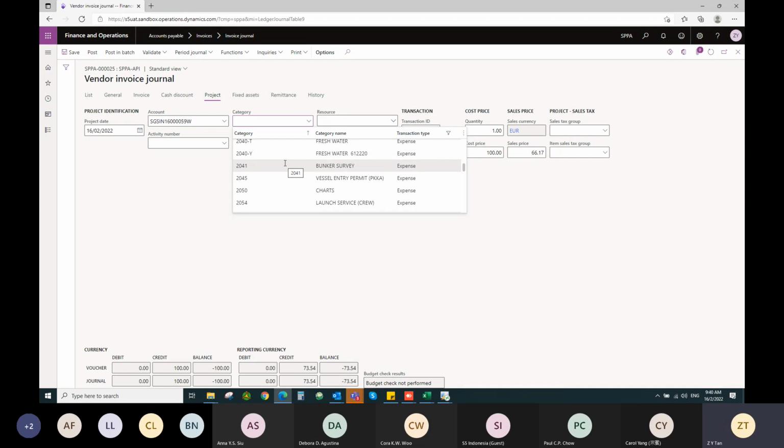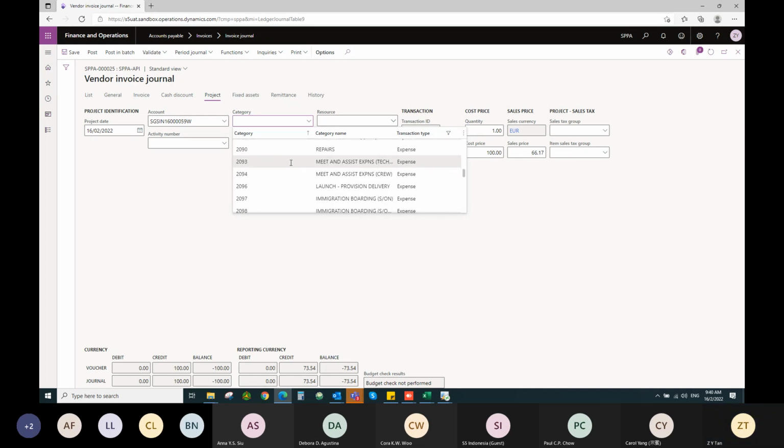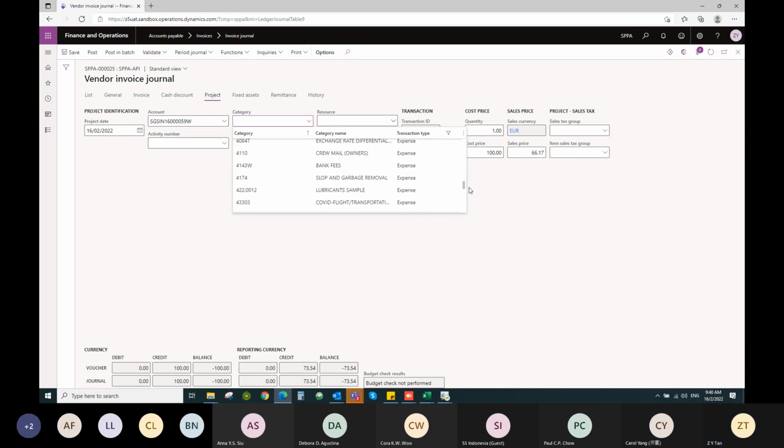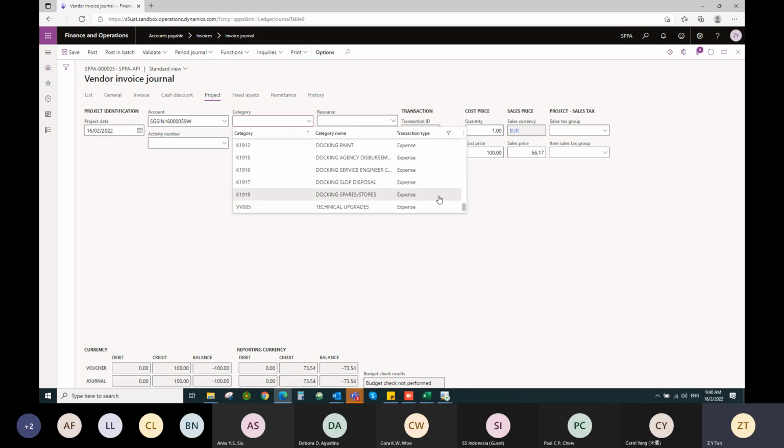Okay, for vendor invoices, the transaction type will always be expense. Scroll down. That should be, it's already preset already. Okay, then